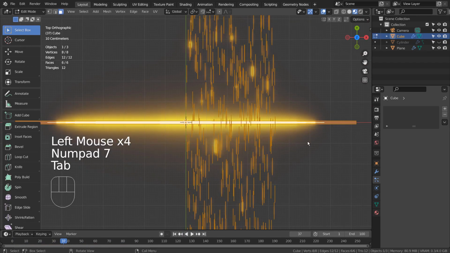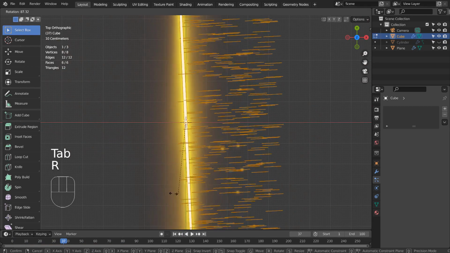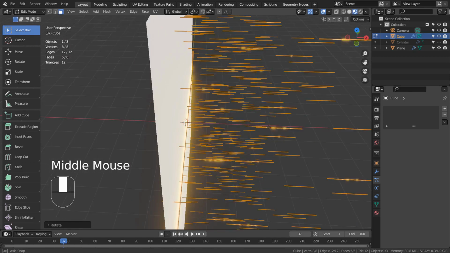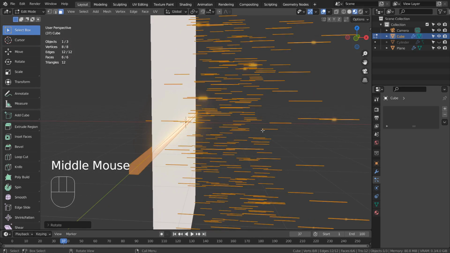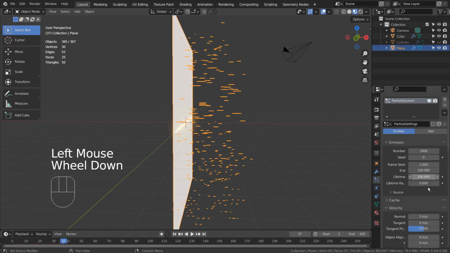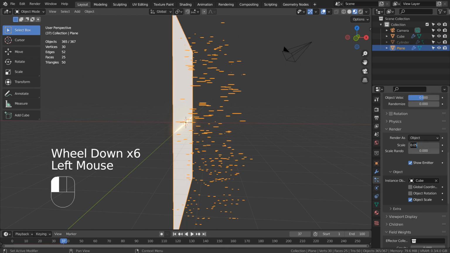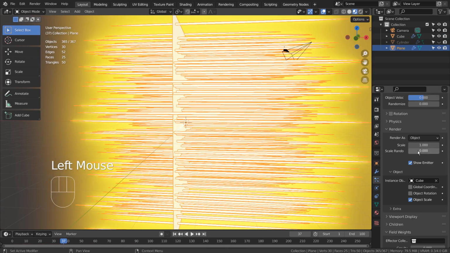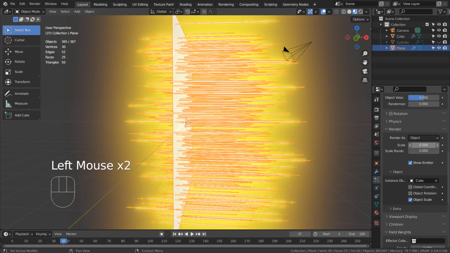Select the cube, Tab to go to edit mode, and rotate it like this. That's too bright.